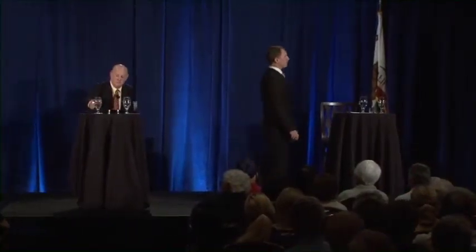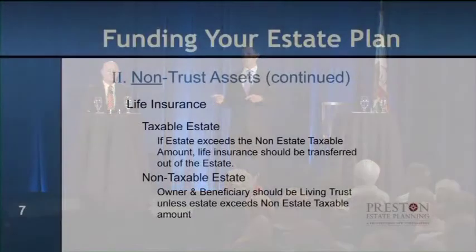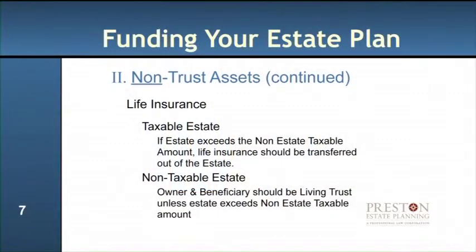The life insurance is the last asset we want to talk about. And this one's really important because a lot of people have life insurance. And typically, there's two recommendations we give depending on the size of your estate. If you have a taxable estate, meaning your estate is going to exceed the federal estate tax exemption, if you are getting close to that level or you're exceeding it, we recommend you get the life insurance out of your